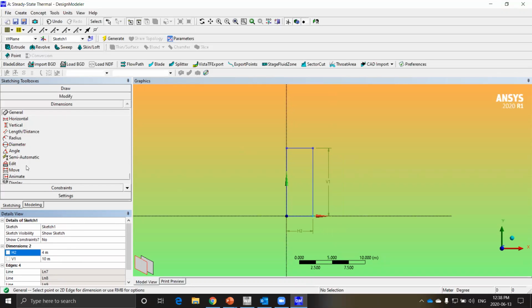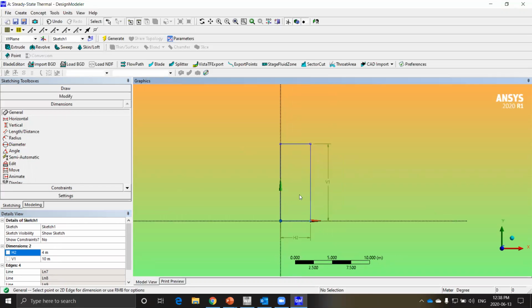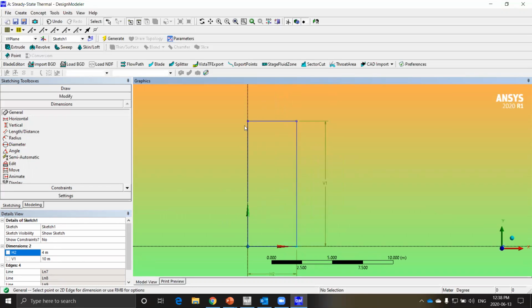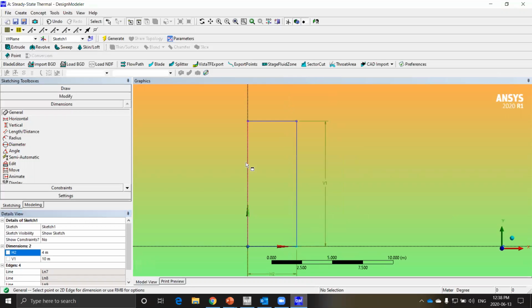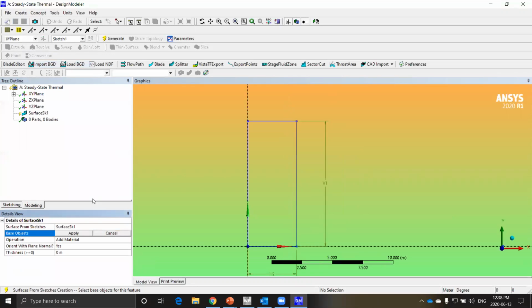Okay. Now, this is just a sketch, but for our problem, we need a surface. There's a very simple option. You go to Concept on the menu bar and click on Surfaces from Sketch. The base object would be, so this is a tree diagram representation of all the components and all the steps, on the XY plane, we have a sketch called Sketch1.